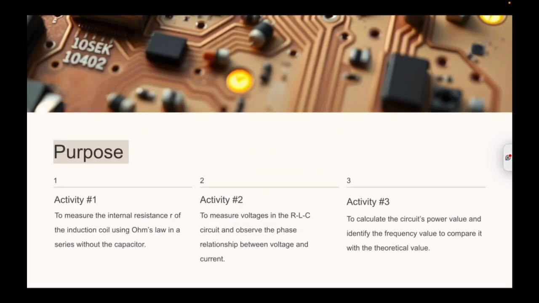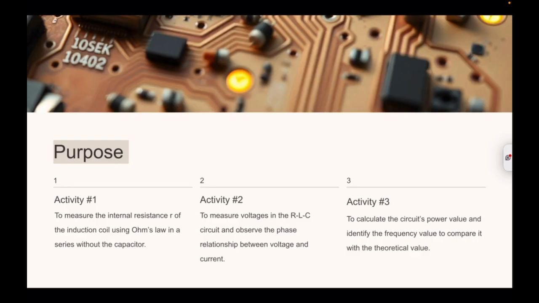The purpose of activity 1 is to measure the internal resistance of the induction coil using Ohm's law in a series without the capacitor. The purpose of activity 2 is to measure voltages in the RLC circuit and observe the phase relationship between voltage and current. The purpose of activity 3 is to calculate the circuit's power value and identify the frequency value to compare it